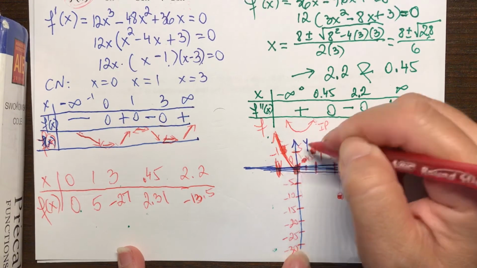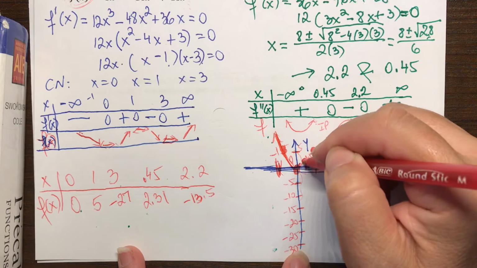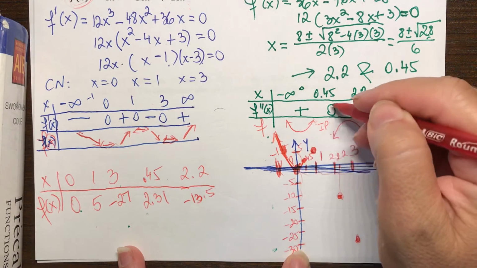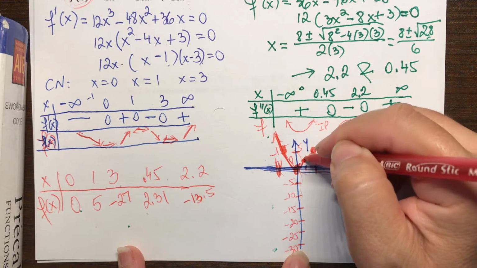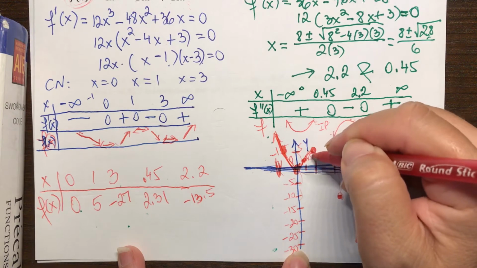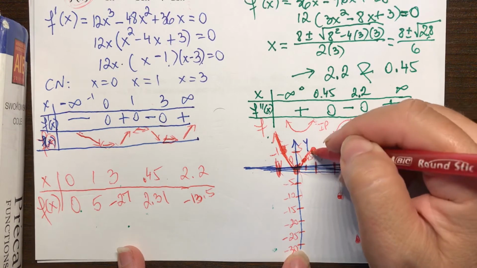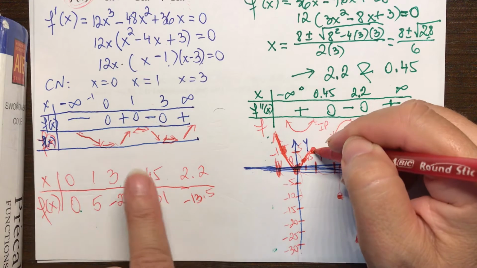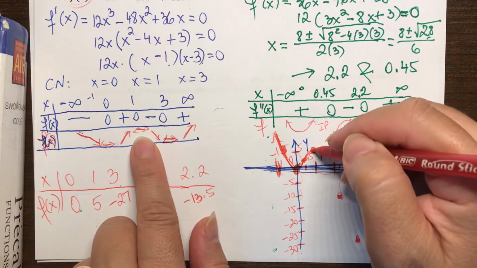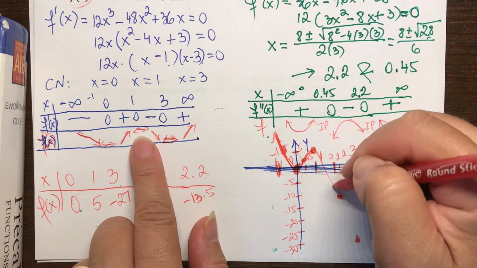And it first looks up, right? And it looks up until about this 0.45. Then what happens? It's starting to turn the other way, right? Starting to be concave down until I reach this maximum point at 1. Then the graph goes down,